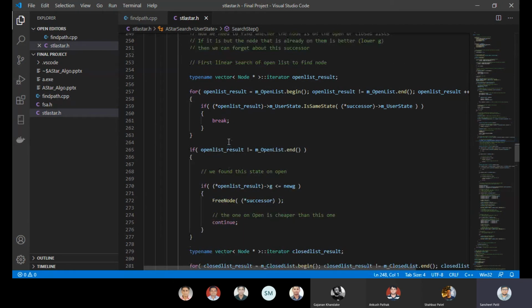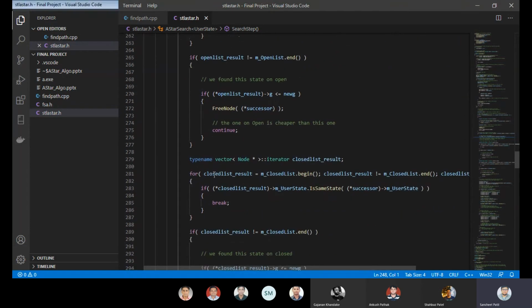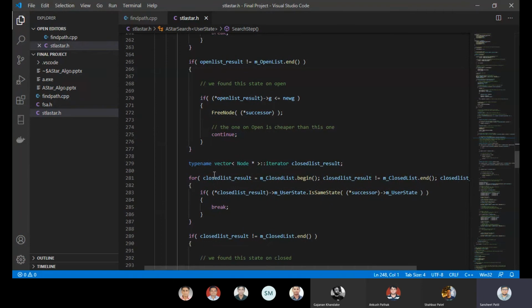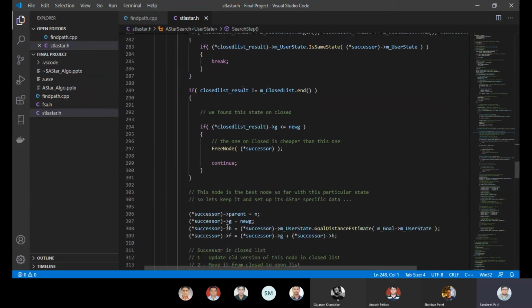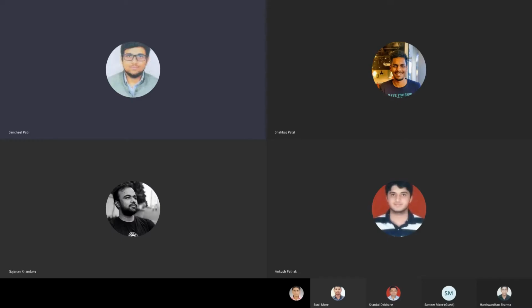So basically the 16 will be saved into the new G, and simultaneously we'll be checking whether it is less than or greater than the value in the open list which we have in the current state. If it is not in the open list, we will check the closed list, whether the closed list points have less than it or greater than it, and simultaneously follow the algorithm. I'll show you the algorithm as well if you are not getting my point. Just a minute.